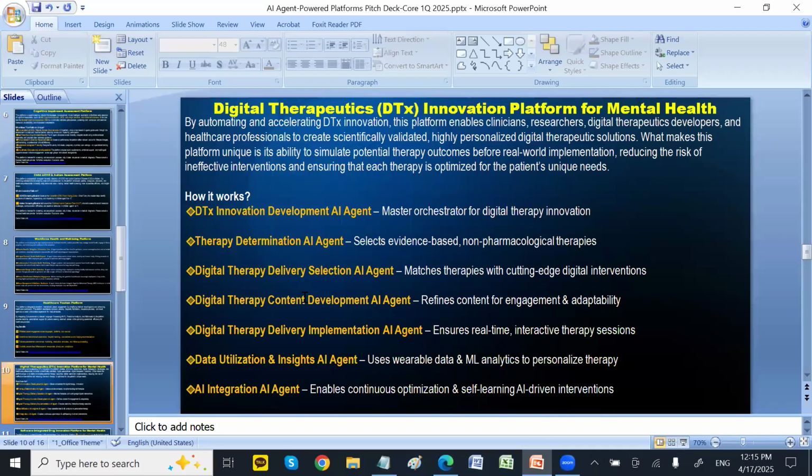I also developed how you actually get cleared, approved by the FDA clearance, and usually the DTx product is software. They classify it as software as a medical device. So it's a medical device as software.